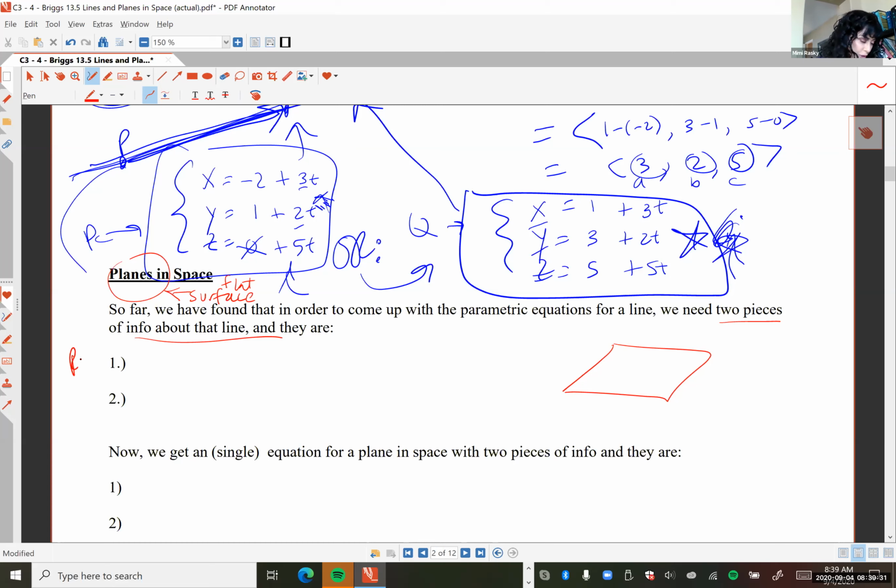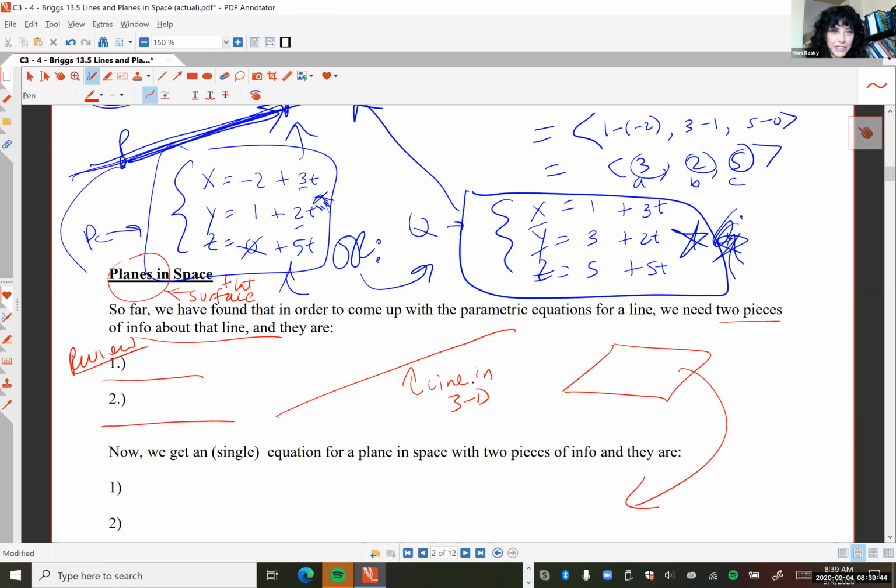Let's do a review first. Before we do planes, down here, let's do lines. Okay, so here's a line in 3D. What are the 2 pieces of info that you need to describe this line in 3D? I just got done telling you within the last 5 minutes. Go. So point on the line. Good. And? So there's a point on the line. What else? The direction vector